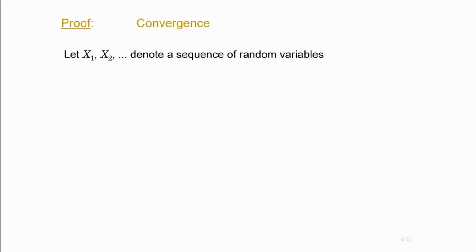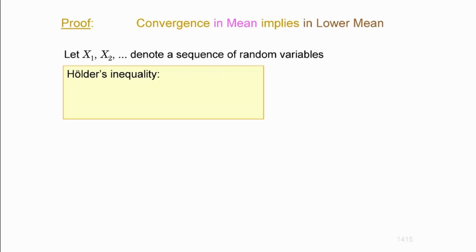Okay, so the first part was that convergence in mean implies convergence in the lower mean. And the inequality that I looked up for that, where there is also a more general case, was Hölder's inequality. You will not need that for the exam. If you do, then I would give it to you. There's also the Chebyshev inequality; lots of inequalities that I'm going to use.